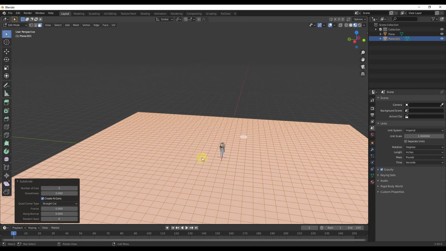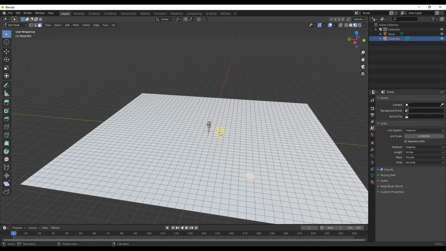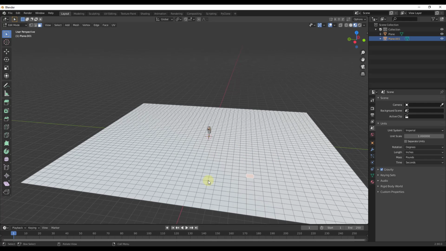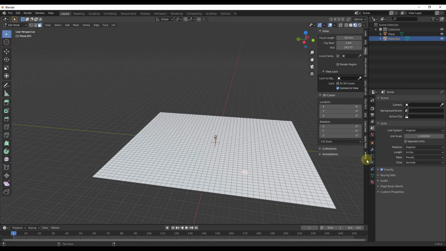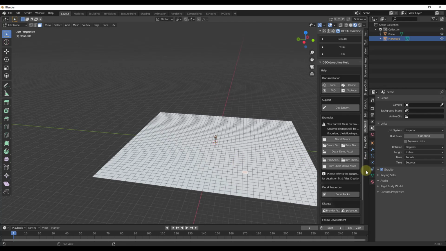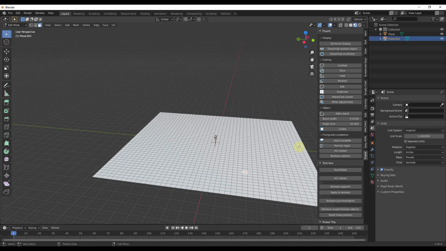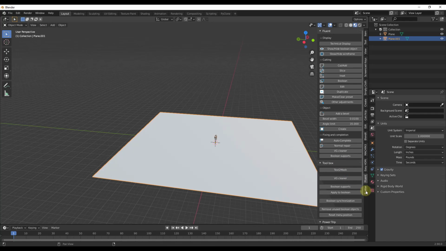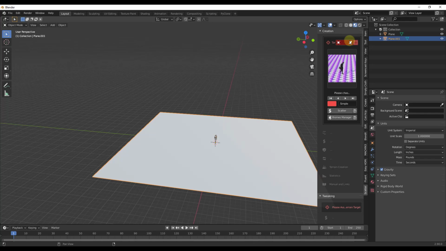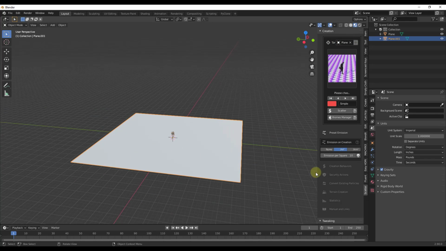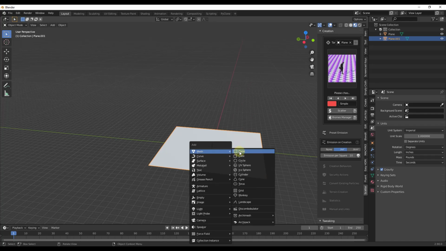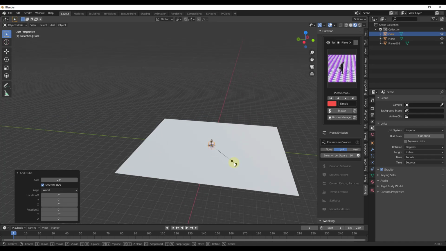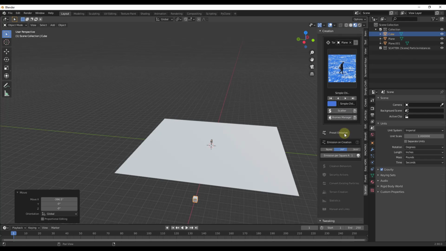Maybe something like this. So this is important because when we use our masks, it's going to use those faces in order to figure out where to place different things. So let's go ahead and enable scatter. Notice scatter's options only show up in object mode, not in edit mode. But let's take this object right here and let's scatter some more cubes. And then we'll just